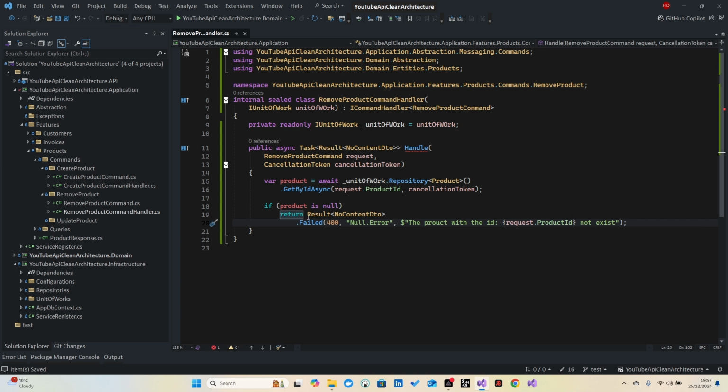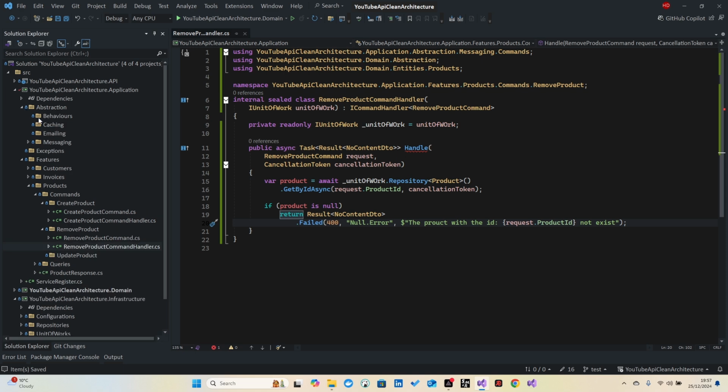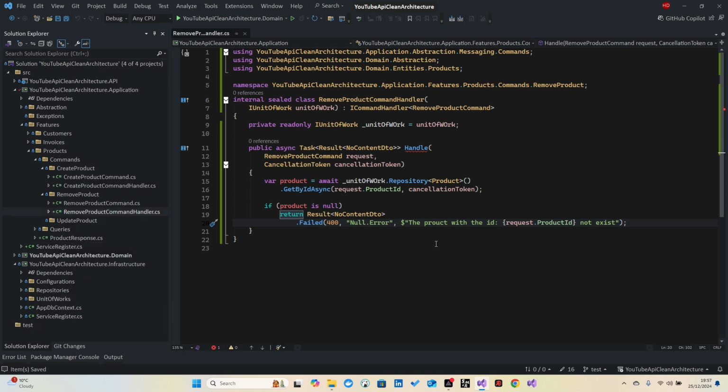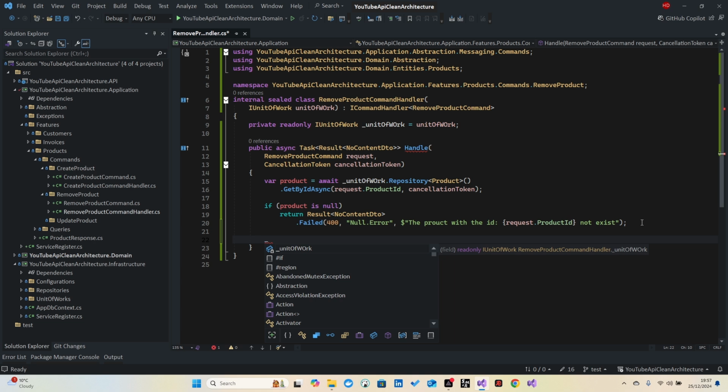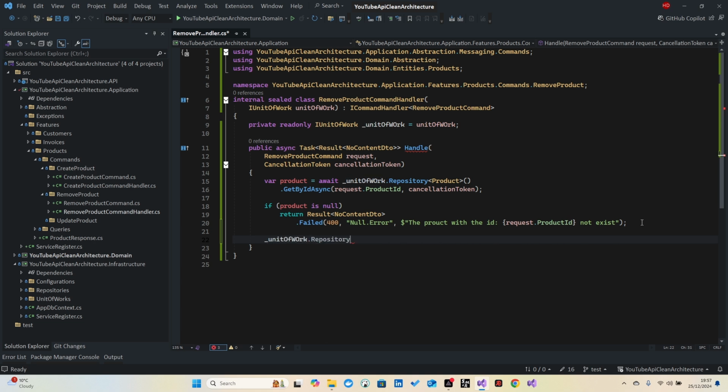When it comes to handling these errors, we're going to add our pipelines in our behaviors. Then you will see how we are handling these errors. Now we're just returning the error message. If it's not null, all we need to do is call the unit of work and repository to delete the data. Okay, unit of work, repository,